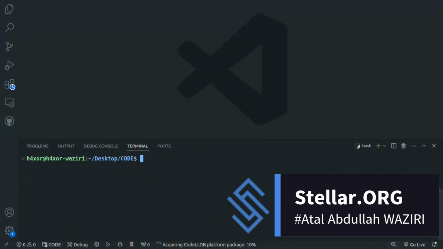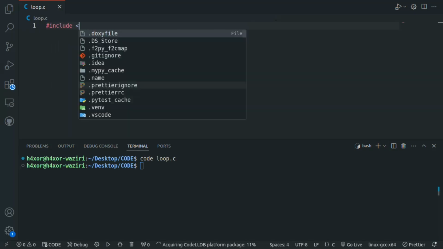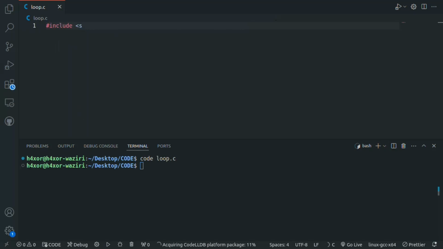Let's head to VS Code for practical examples. I will open a file, code loop.c. Now I will use while and do while loops. #include inside angle brackets stdio.h, then int main inside parentheses void, then inside curly braces